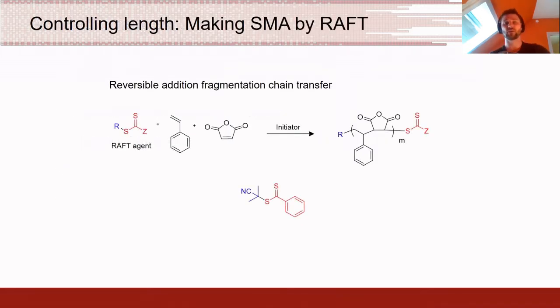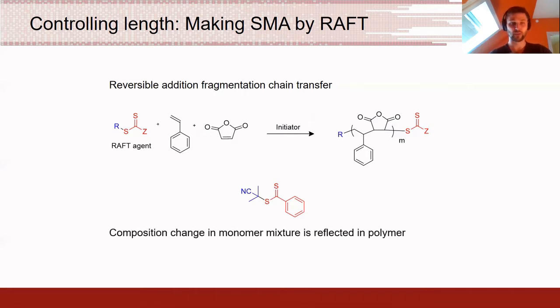So controlling length in a controlled radical polymerization, there are a few ways of doing it, but the one I mainly use is called RAFT. It's an acronym for reversible addition fragmentation chain transfer. It's simply an additive into a free radical polymerization. We end up inserting the two monomers in between the R group and the RAFT agent terminal group. And in this polymerization, virtually all the chains start growing at the same time, and preferably they should also stop at the same time. So they have an equal lifetime to grow, and thus you can control the length